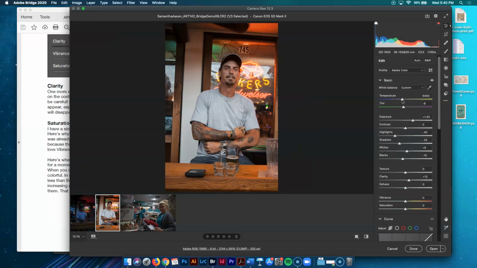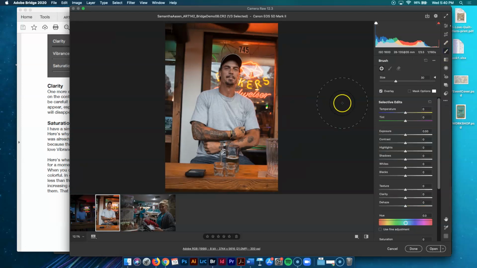Let's say you are like, I really need to push certain parts of my image out. So there is a brush tool, keyboard shortcut K, the adjustment brush. This is where you're going to do specific edits. So if I'm just going to brush here and lost my brush, I can play around with exposure, just that. The adjustment brush isn't super exact, but